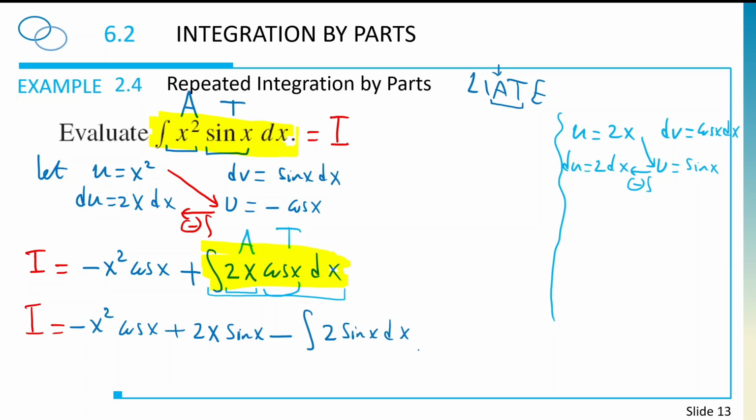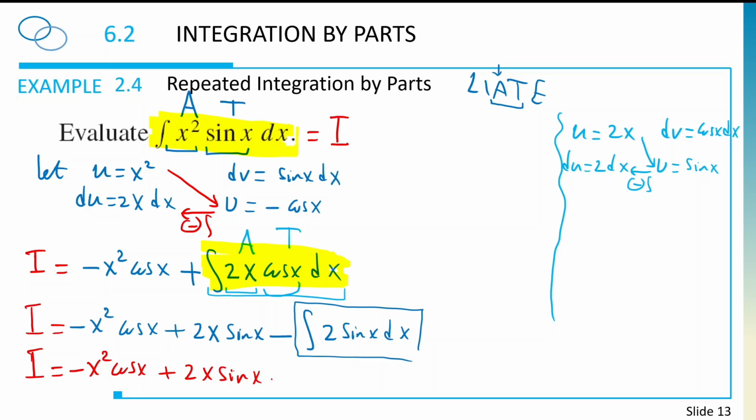Now look at this new integration, this one. Is it easy? Can we find it easily? Yes, clearly. You see, just with the difficulty, just going like less. Power 2, power 1, now constant term. Now this one, we can easily find its integration. Perfect. So now finally, I can say that I is equal to, again, remember to carry over anything in the previous step. So 2x